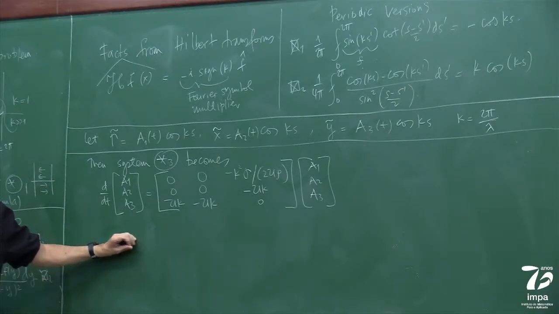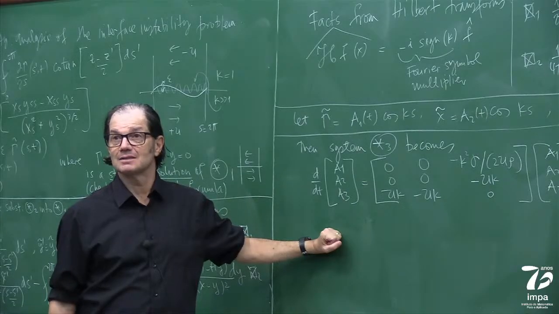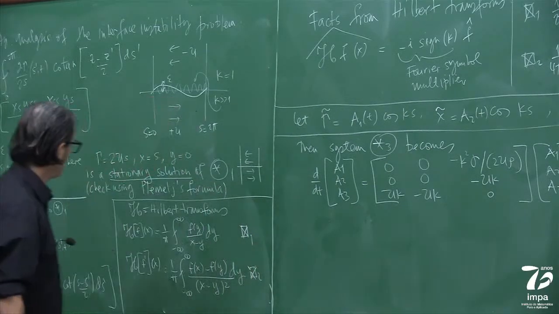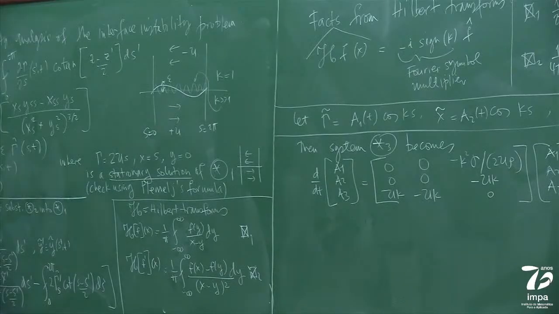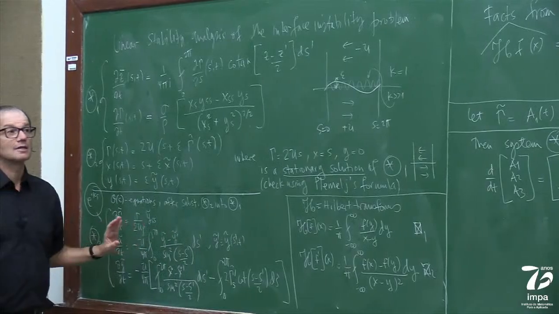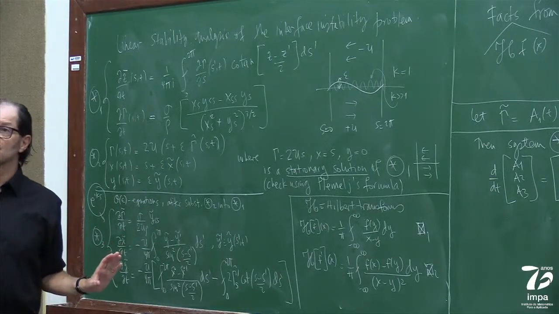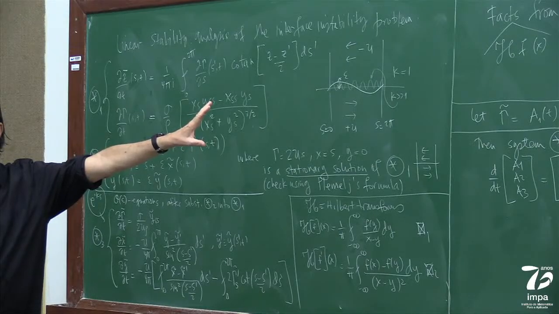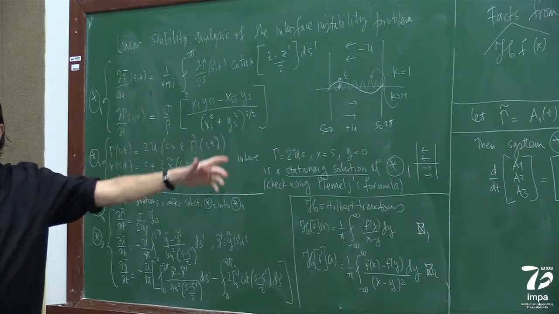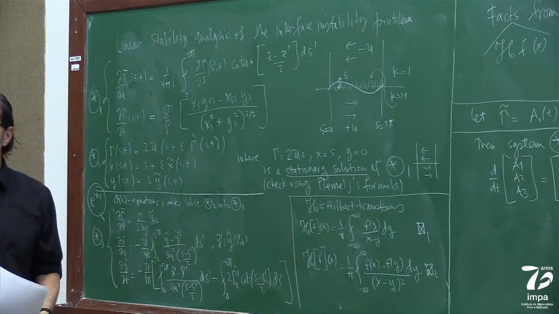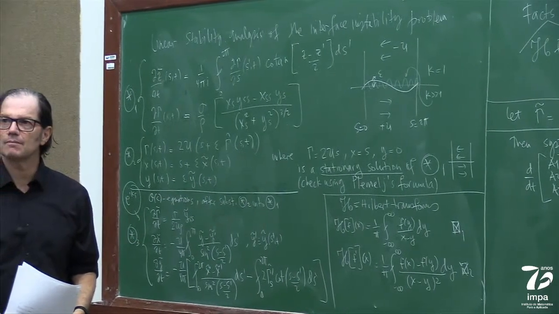This is very simple. So to finish off the linear stability analysis, because we're linearizing the problem, and therefore we got this linear system of equations, a complicated linear system of equations that was tremendously simplified by identifying the periodic Hilbert transform. But now, to finish off the stability analysis, what do I need to find? What do I need to conclude from this system?